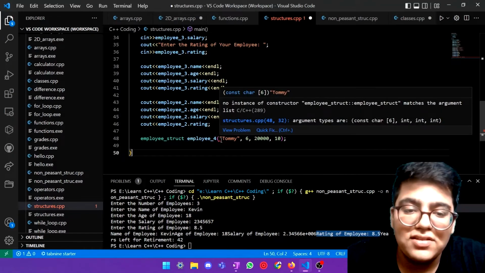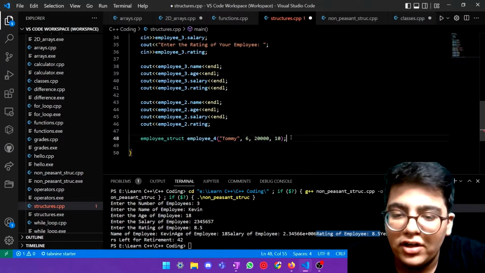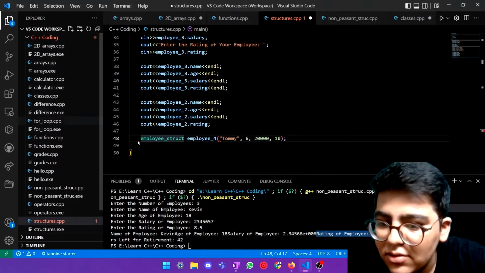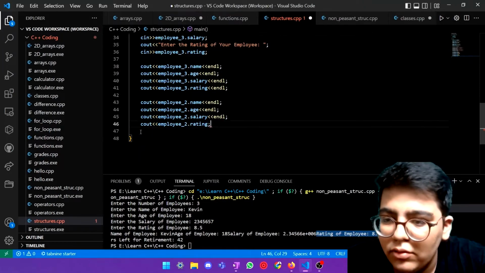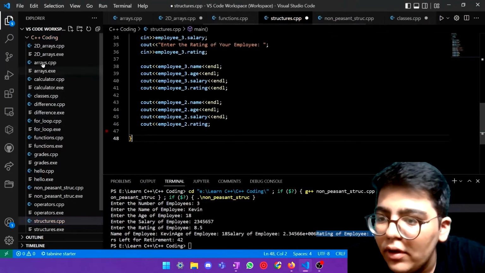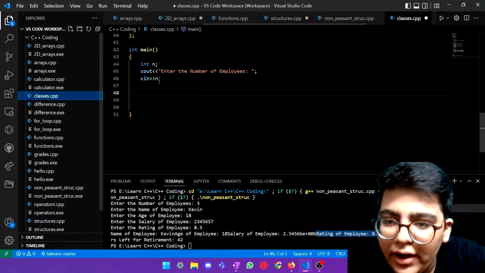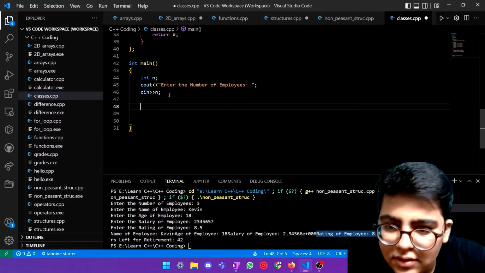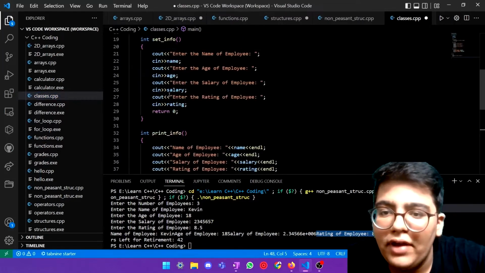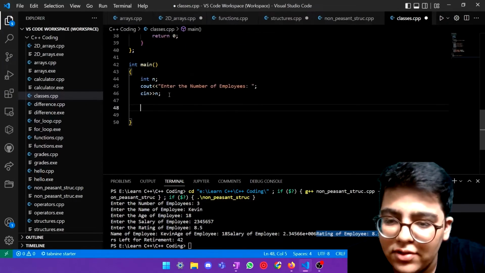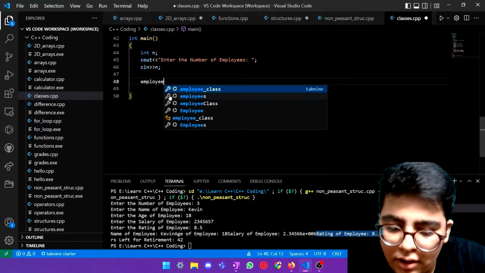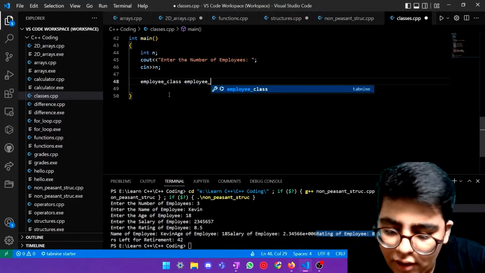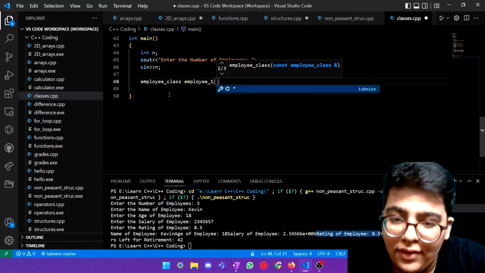But what if I want to do this? We need to create a constructor. So let's head back to our current classes code. Let's remove this so that it doesn't show bad things. Let's go to classes again. Let's say we had a class over here, so that was employee_class. So employee_class, and employee_1, and then we'll say